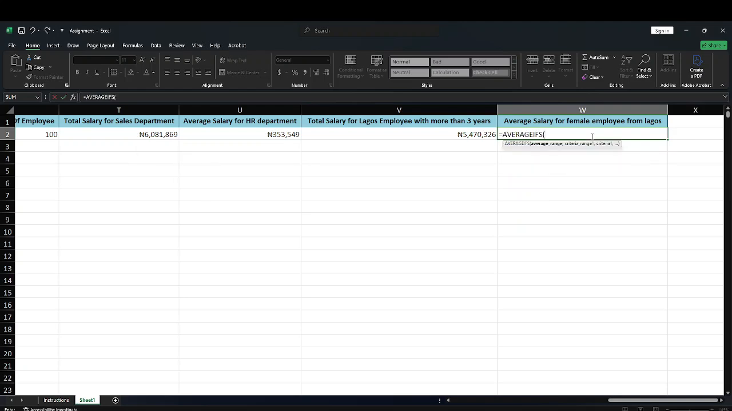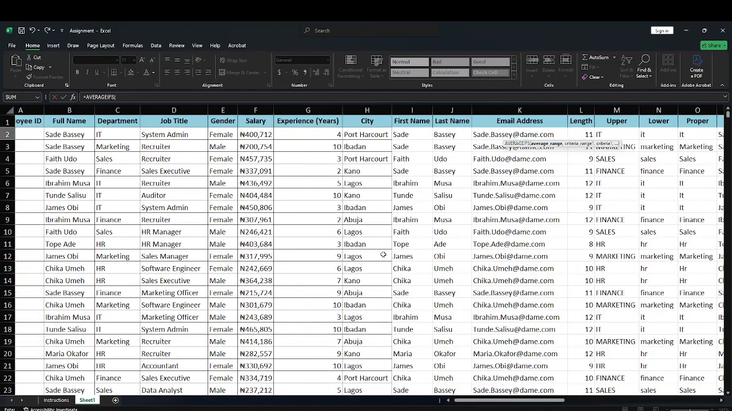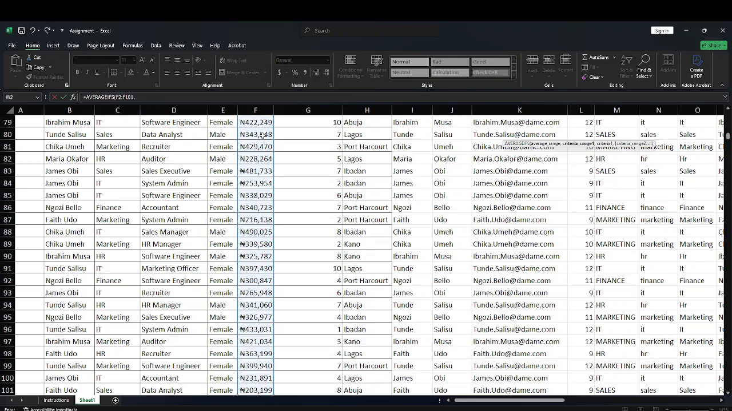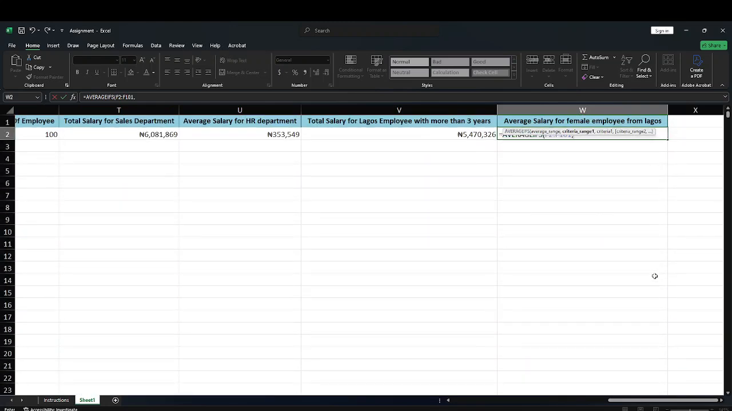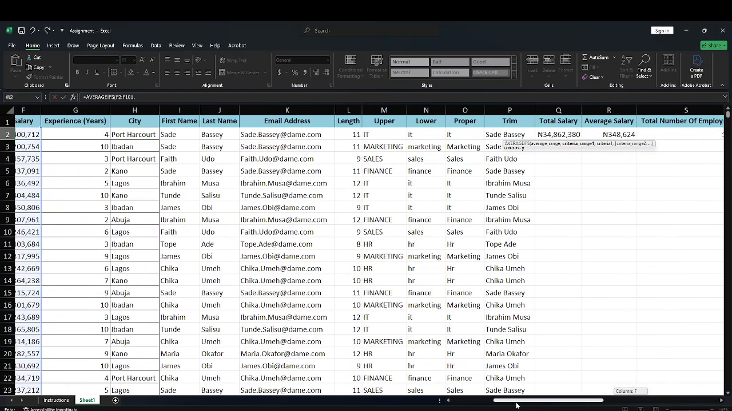the average range. The average range is the salary range, because they said you get the average salary. Now let's go to the salary column. This is it. Control Shift down, comma. Let's go to the top to check what we are typing. So criteria range 1. Criteria range 1 would be our city,